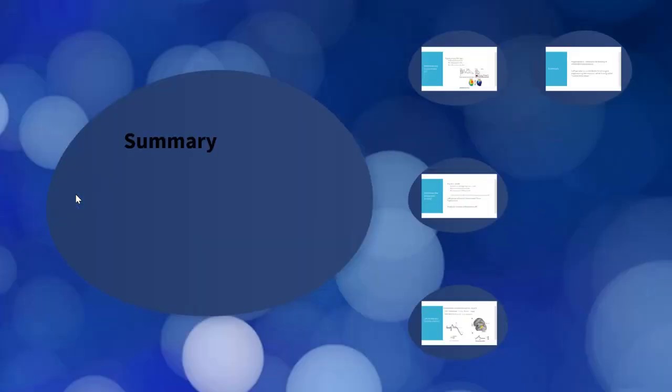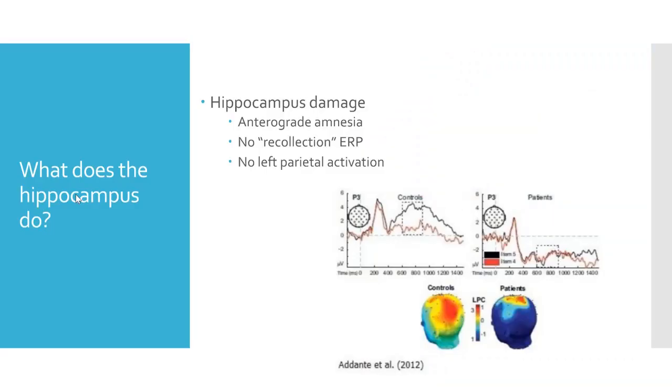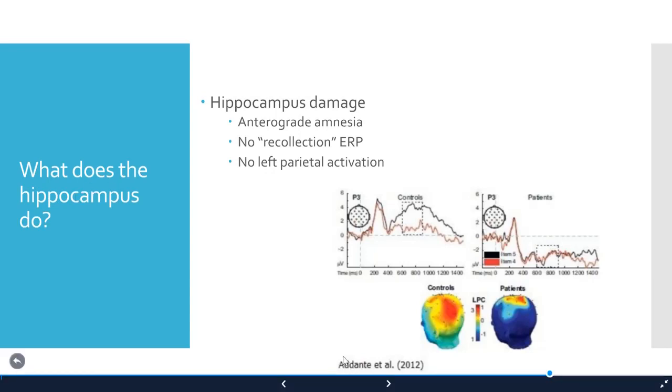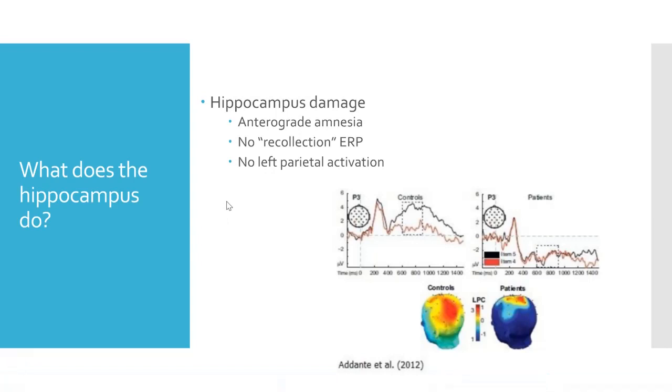So just to summarize all of this and come back to a particular piece, because we've seen this come up over and over again: what does this hippocampus do? Remember, this was the area that was damaged in patient HM, and we saw that it was really important for forming new memories. So one study that looked at this was by Rick Adante, who is a former TCNJ student,